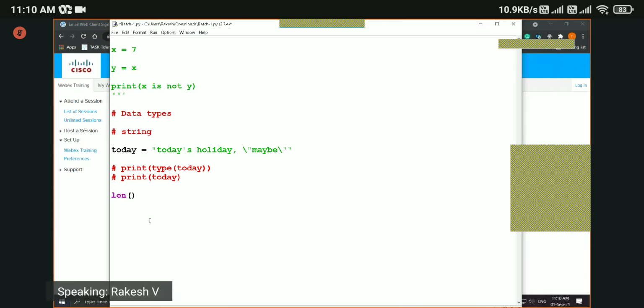So this length function, we can use it on strings, on list, on tuple, on set, right? We can use this length function on all different data types, not on the integer or float data type. Okay, and complex as well, because they don't have length, right? Because integer doesn't have a length. Integer has only one value, right? Integer or float or complex, right?